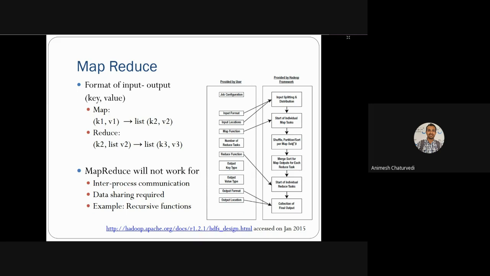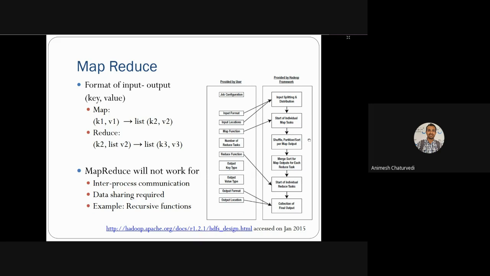Then the input format goes to input splitting and distribution. You also provide the input location, the hard drive location. In the Hadoop distributed file system, the files are like a URL. So you provide the URL for the input location, and that input is split and distributed.